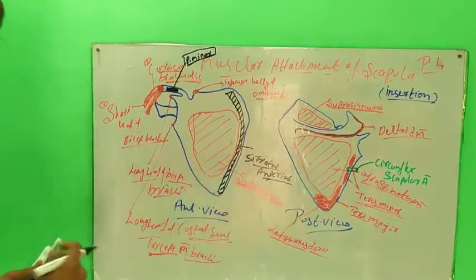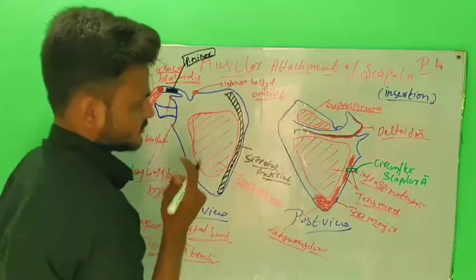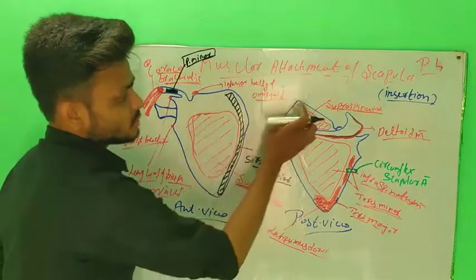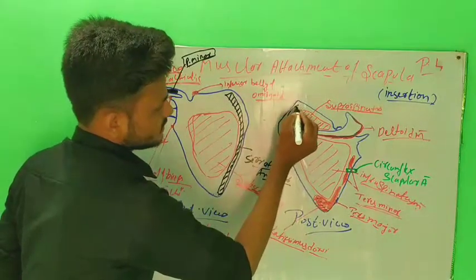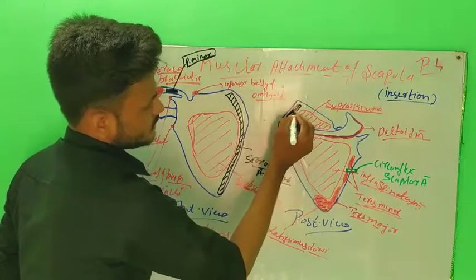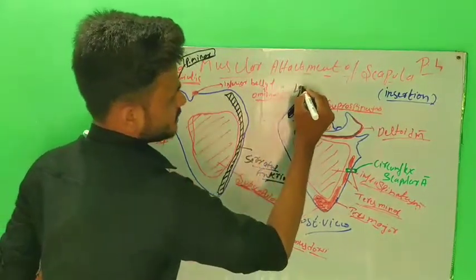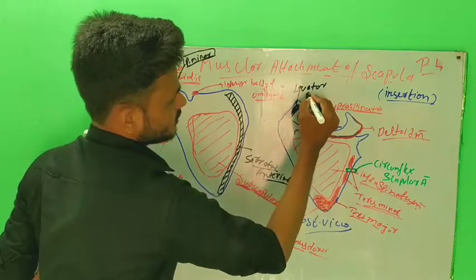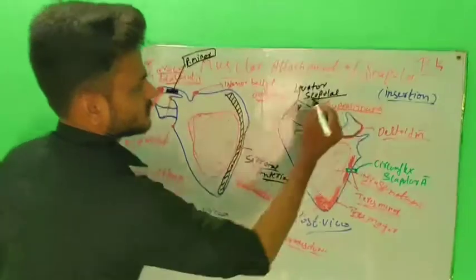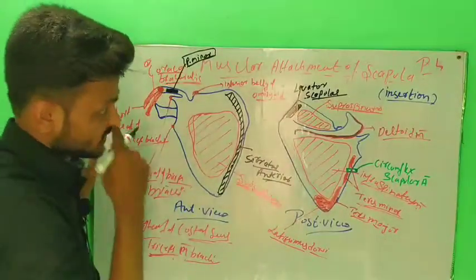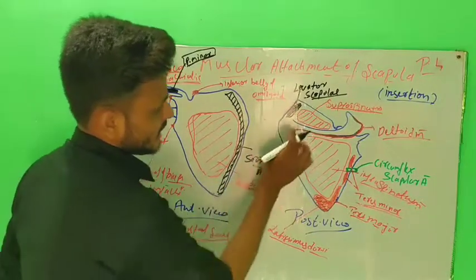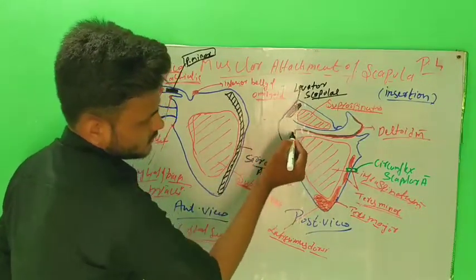Now on the posterior view, there is one muscle that will insert on the superior angle. This muscle is called levator scapulae. This muscle is inserted on the superior angle of the scapula, and at the level of the root of the spine,